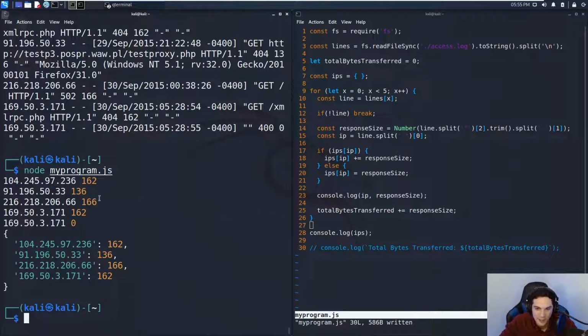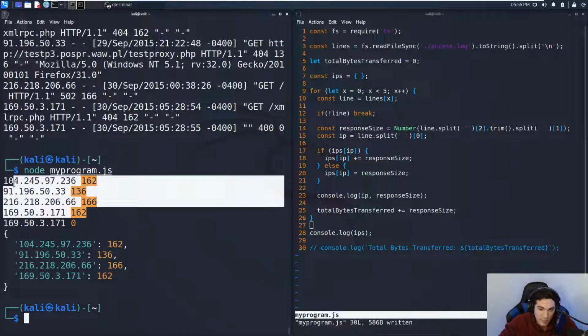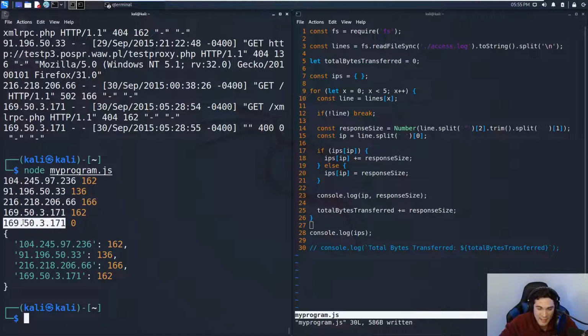All right, let's run it. So this IP, this IP, this IP, this IP. So it turns out each of these IPs, the first four were unique. This second request from the same IP address ended up being size 0. So when you add 0 to a number, it doesn't change it. So all of this information is correct, but let's see if we can actually add a non-zero value to the